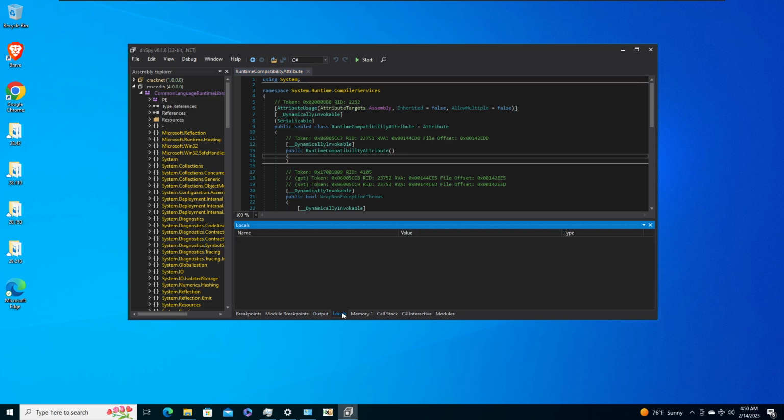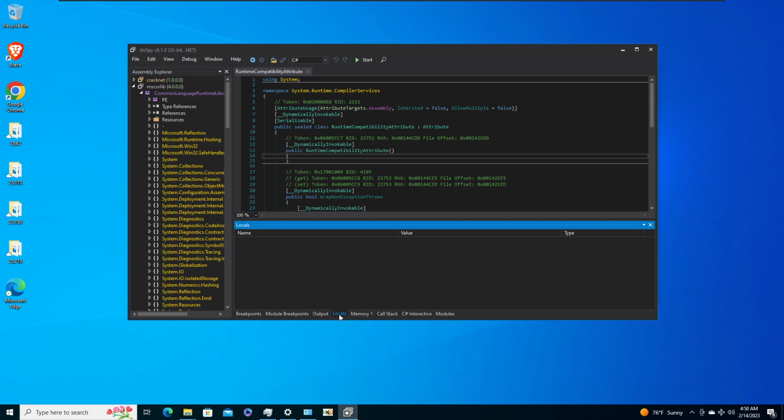So the next window that we have here is the locals window. The locals window will display current variables and values of those variables, also the parameters in the current scope of the program, also like what all variables are being used by the current function that we are debugging. So all this information will be shown in the locals window,